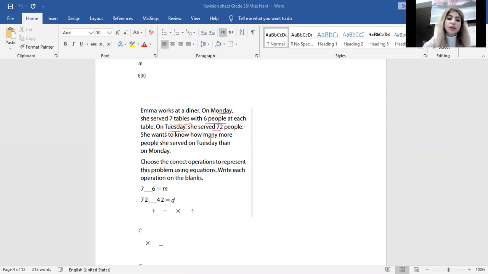She wants to know how many more people. Take care of how many more. I told you, for how many more, we do minus. Choose the correct operations to represent this problem using equations. Write each operation on the blank. So the first,